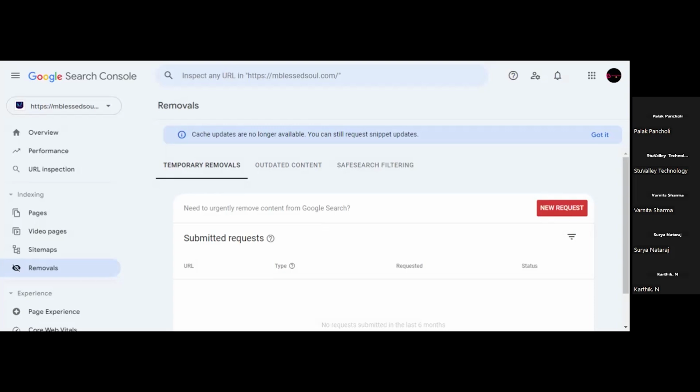So if you have removed any page temporarily, that will be available only for 6 months. After that you have to crawl that page again with the fresh content. Clear? Temporary removal is clear? Any doubt in this?